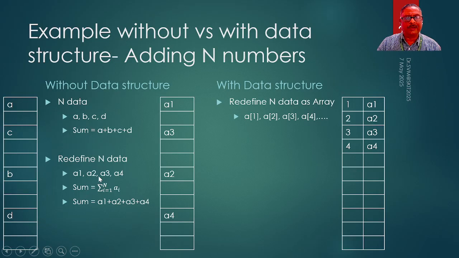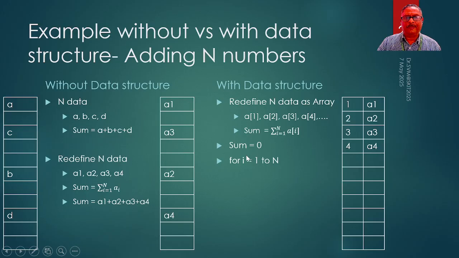No, it is not A1, A2, A3, A4. I am saying A is an array, and this one is first element of A, this is second element of A, this is third element of A, this is fourth element of A. So once I define this way, then now mathematically I can write this as summation of A of I, not AI. So A of I, now I can put that in a loop and say, let me start with a